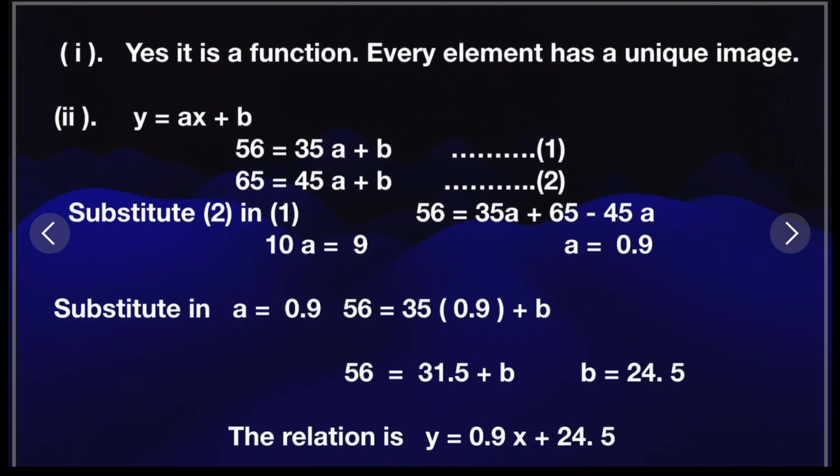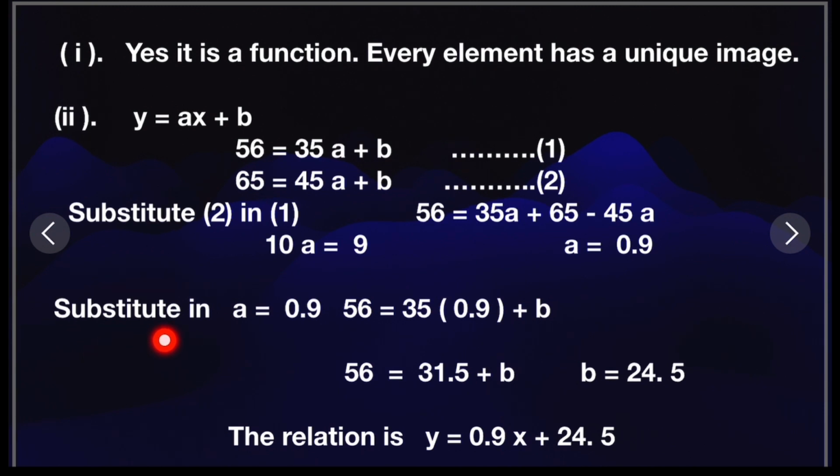So these two equations I got. Now I am solving this. I am substituting this value of b. Substitute in 2, so b is equal to 65 minus 45a. I am going to put it in 1. So what do I get? 56 is equal to 35a plus 65 minus 45a. And if I solve it, I will get 10a is equal to 9, a is equal to